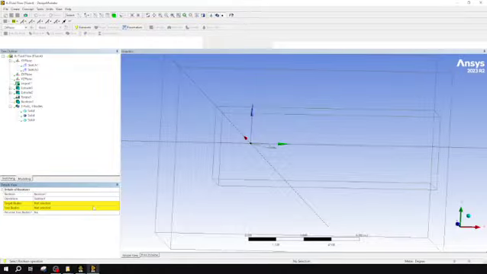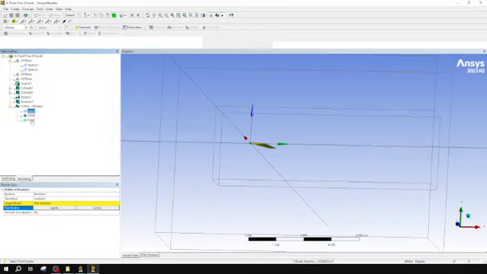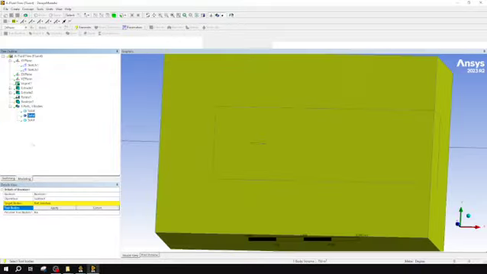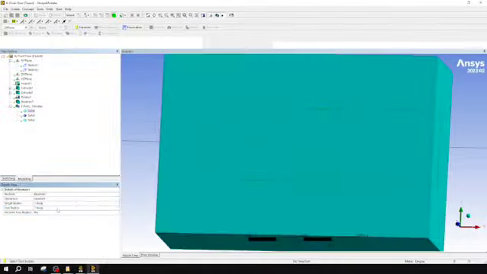My target body is what I'm subtracting something from, which is going to be my one actual material body. And my tool body is actually going to be my wing that I made. So again, target body, I'm going to click on my solid and apply that. And then my tool body is going to be my wing that I imported and apply. I'm not going to want to preserve the tool body. I want that to go away. So now when I hit Generate,